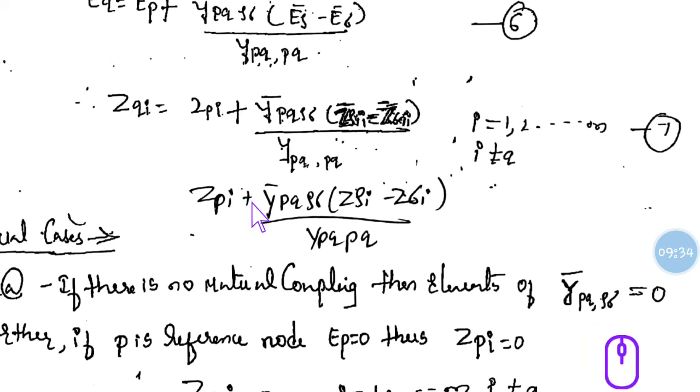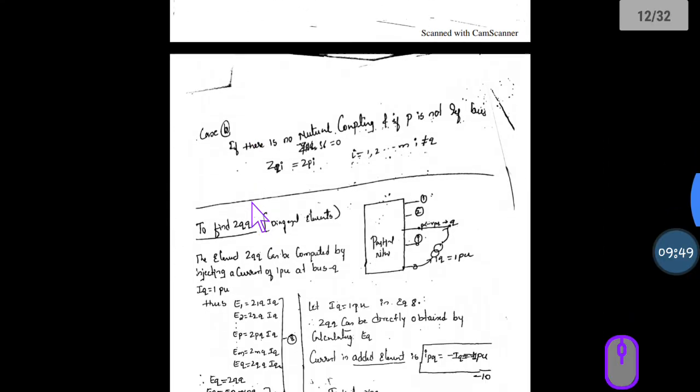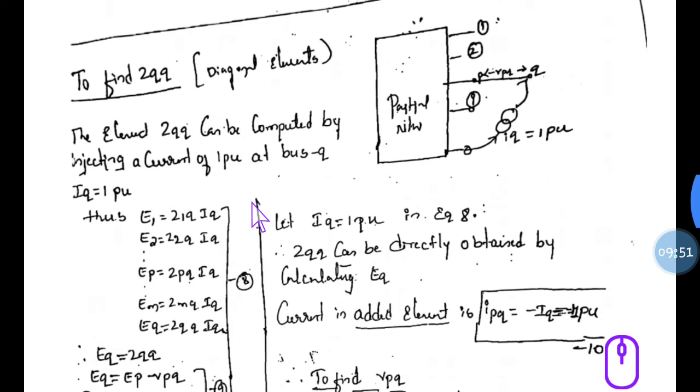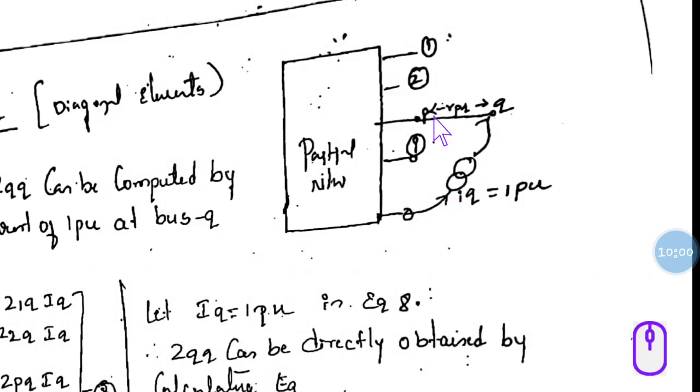Now another derivation I am doing next, that will be in the next video. That is, addition of branch for diagonal value. First we found Z of Pi, Z of Qi, now we have to find Z of QQ. Same procedure you have to follow here. While forming Z of QQ, the same partial network you have to take. But extra, for the qth node we are adding this current element, whereas in the first one, for the ith node we added the current element.